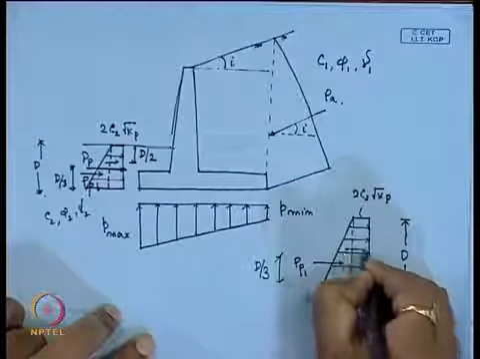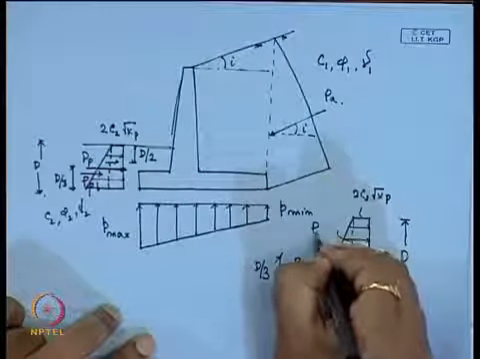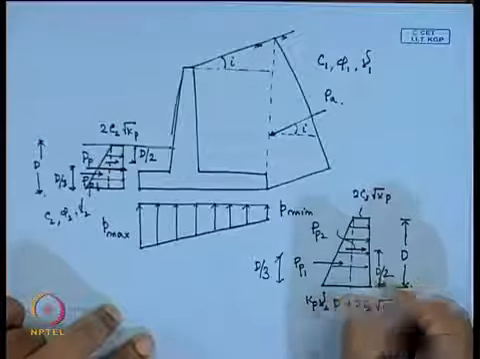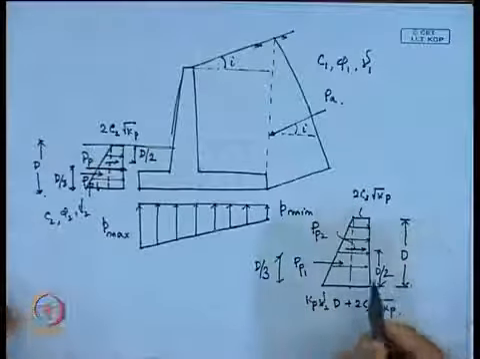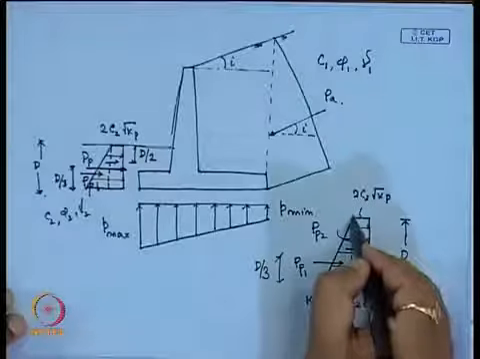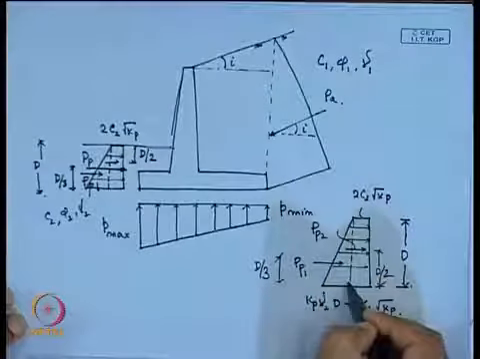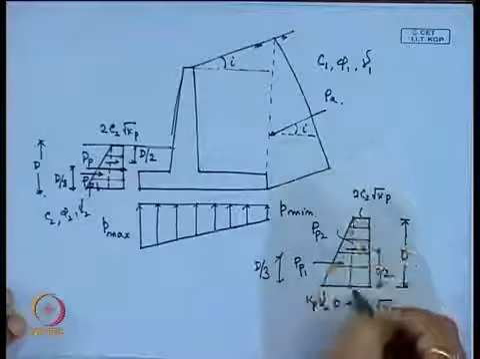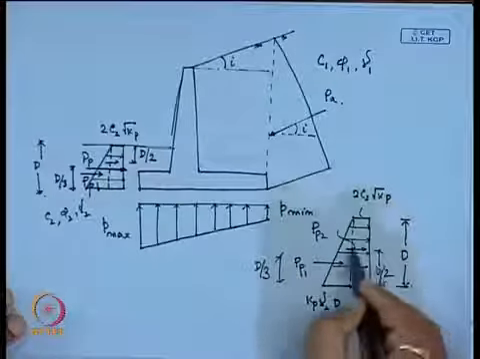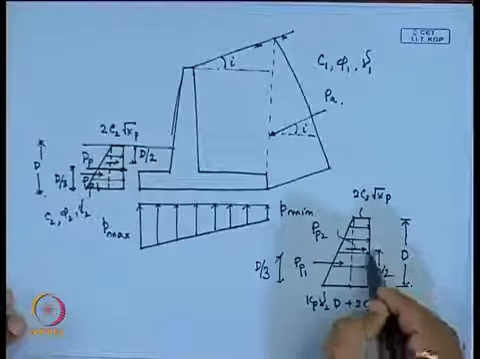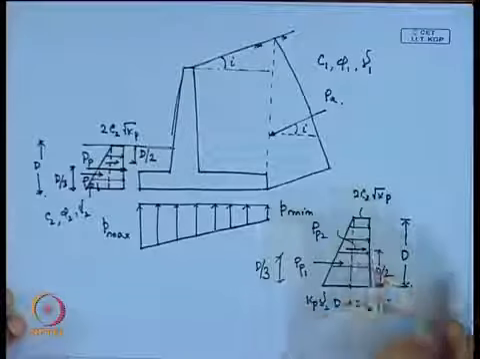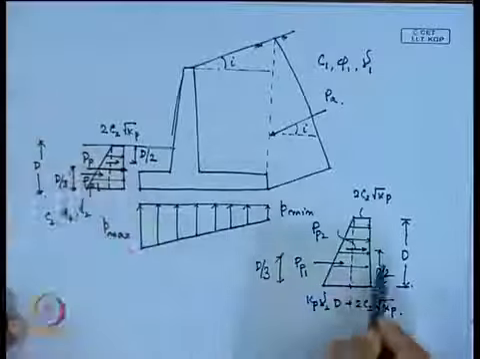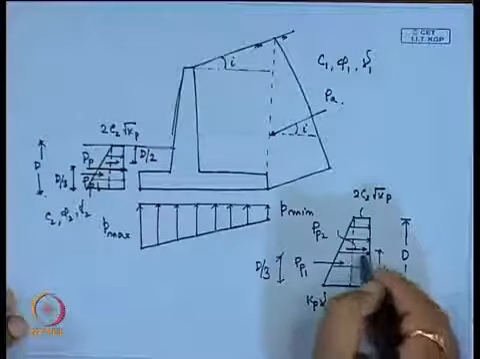Another is P P 2, which is acting at a distance of d by 2 from the base. So first we will determine the stress of this triangular portion, which is acting at a distance of d by 3, and then the stress of this rectangular portion, which is acting at a distance of d by 2 from the base. Then if we add these two, we will get the total passive force P P for this portion, and then we can determine